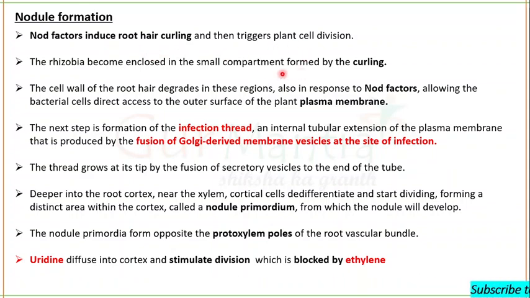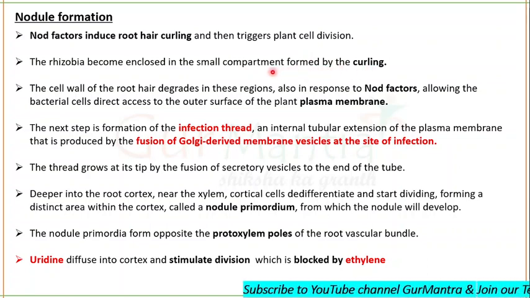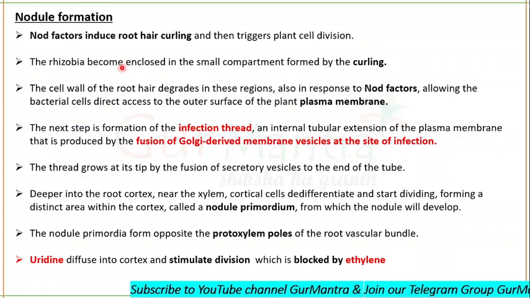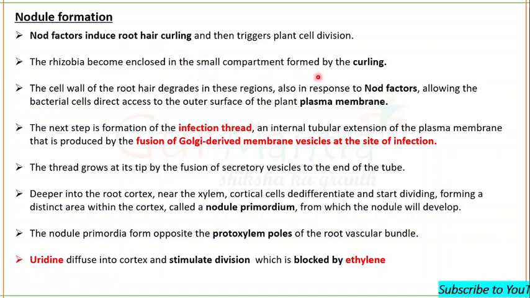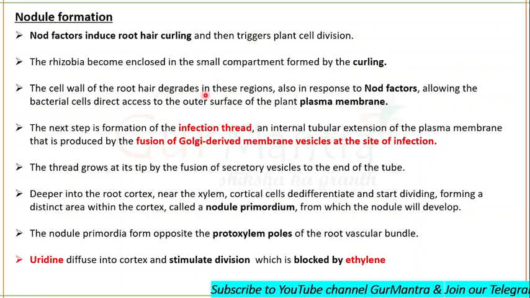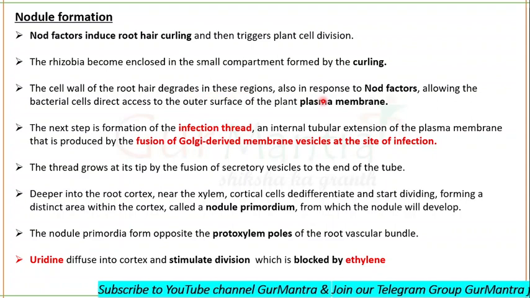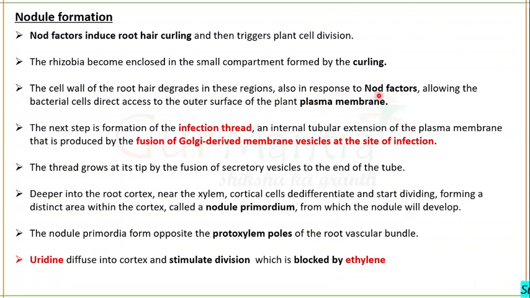The curling results in the formation of a small compartment, and rhizobium become enclosed in it. The cell wall of the root hair is then degraded in these regions, in response to the Nod factors, and allows the bacterial cells